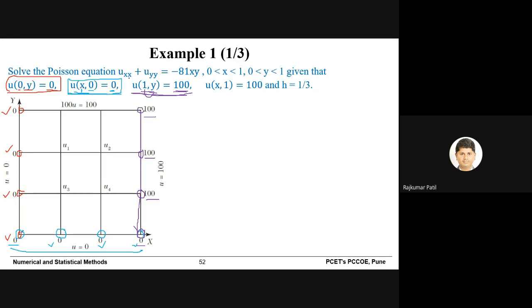So this is how we utilize equation number 3, and we assign the values to the boundaries, which are the right side boundary. So we assign all the values you can see here. And finally, you can see the last equation where when y is 1, then for all the values of x, the value of u will be 100.